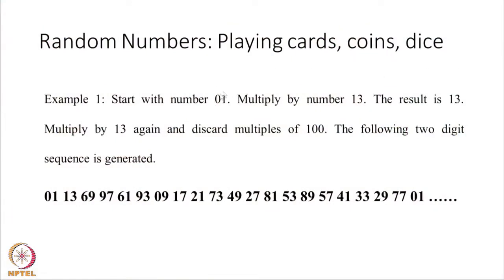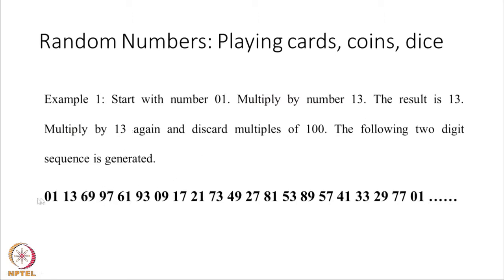Now this is conceptual, but I want to use a computer to get a set of random numbers. So, I shall illustrate it with a particular sequence. Look at this sequence, start with the number 01. To this number 01, I multiply by 13. So, the first result will be 13. I started with 1, my next result is 13. In the next step, I will multiply this 13 by 13. When I multiply 13 by 13, the answer is 169. Out of the 169, I will remove 100. So, what remains is 69.